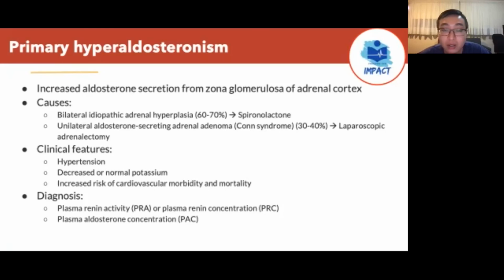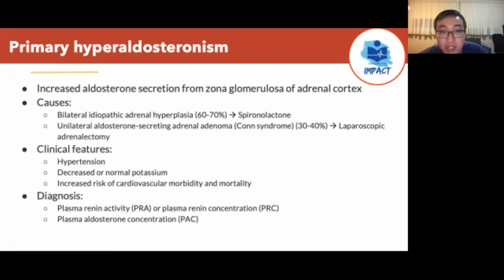Now, clinical features, you can probably figure out from the mechanism of aldosterone. So aldosterone binds to P cells in the collecting duct, causes sodium reabsorption and water reabsorption. So it causes hypertension, and it also causes increased potassium secretion as well. So it causes often decreased potassium. There's also this association with increased cardiovascular morbidity and mortality as well, which is why treating primary hyperaldosteronism is so